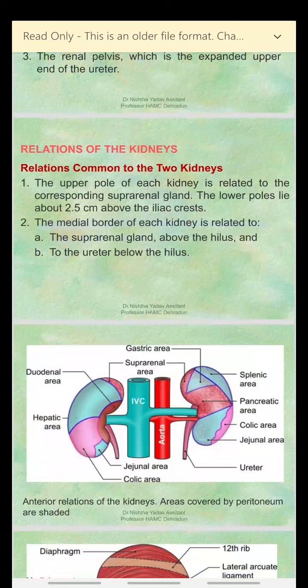The medial and the lateral border of the kidney: you can see the medial border of the kidney where the inferior vena cava is attached, and the lateral border is on the opposite side. It has an anterior surface and a posterior surface. The anterior surface is irregular and the posterior surface is flat.